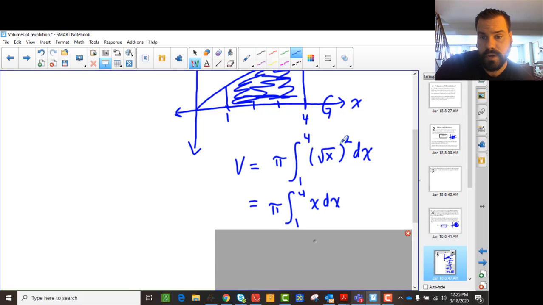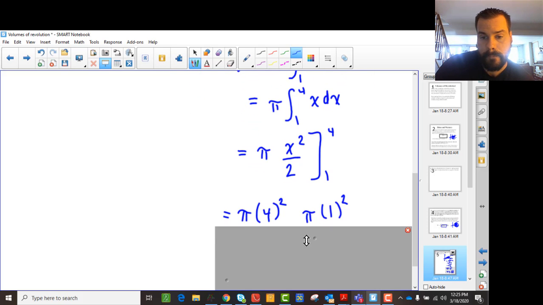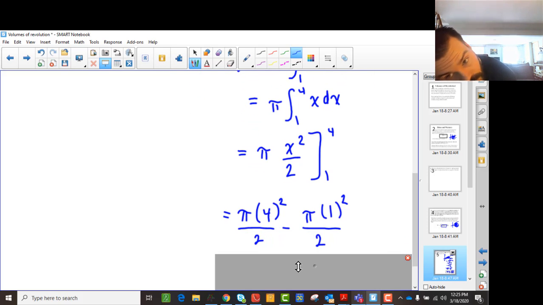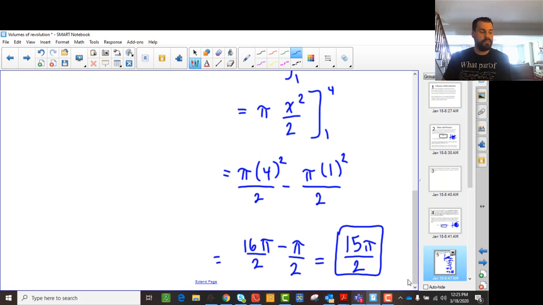So root x squared is x. I integrate that and get x squared over 2, and I'm going from 1 to 4. Leaving the pi here, it's still part of my volume, okay? So I get pi times 4 squared over 2 minus pi times 1 squared over 2, and that gives me 16 pi over 2 minus pi over 2, which is 15 pi over 2. So the volume of the shape that I've created is